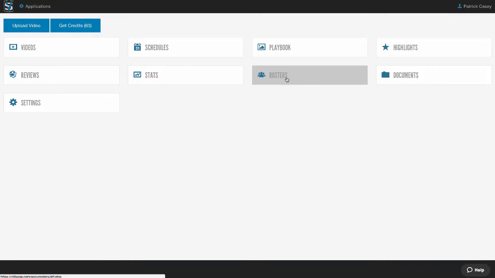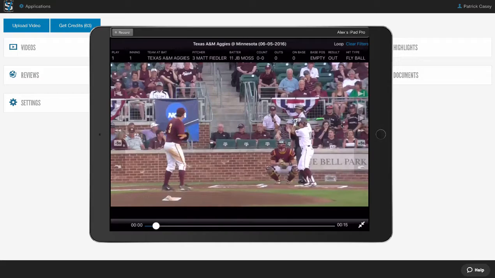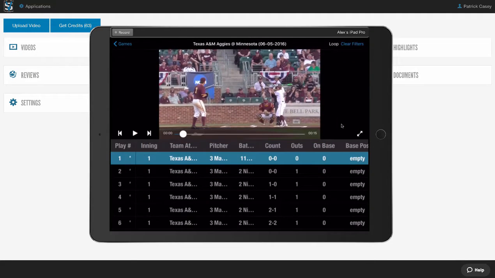Your roster is where you can put your players and your coaches in so that they can log in from any computer, iPad, iPhone, Android device. Our VidSwap mobile app is available on iOS and Android, and the best thing about our app is that it gives you the ability to download the video and the edits into the app to use when you're not connected to the internet. So when you're on an airplane, you're on a bus, you're somewhere where you just don't have that, you can go into the app, you can pull up filters still,